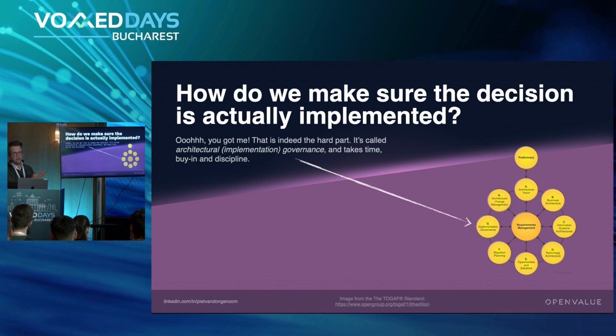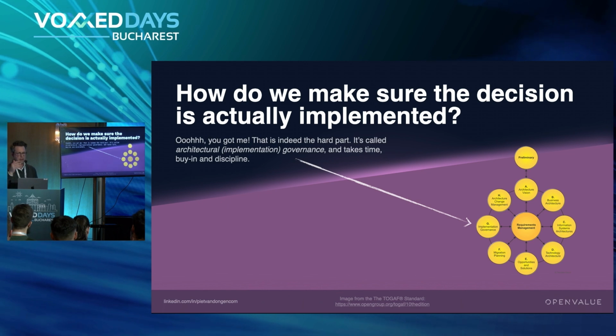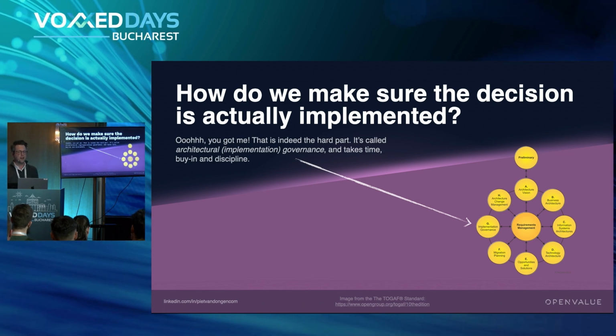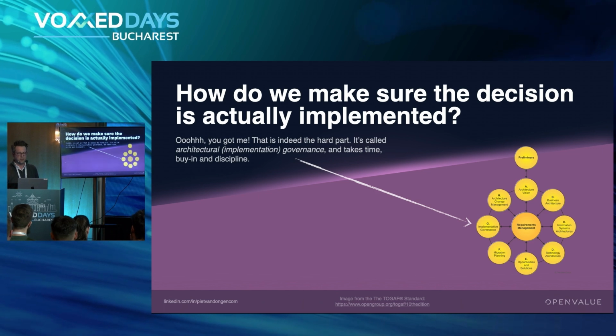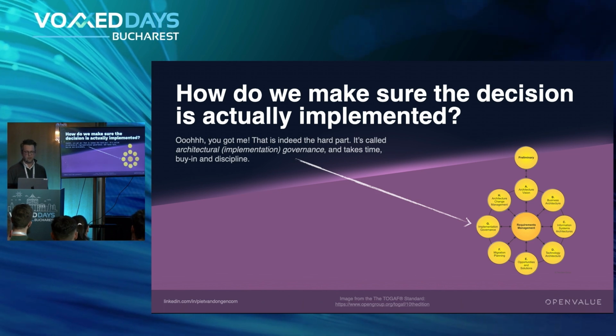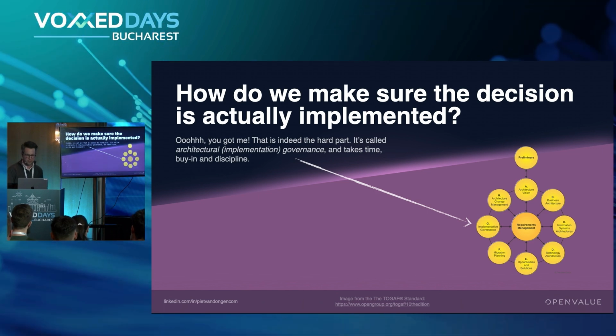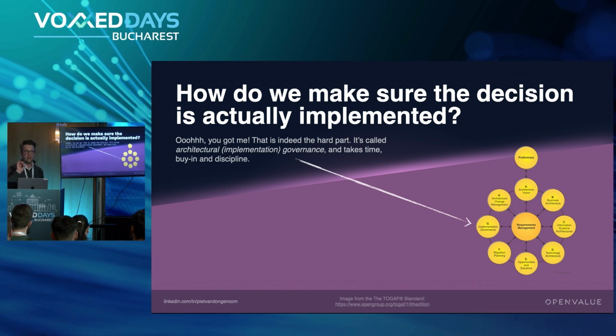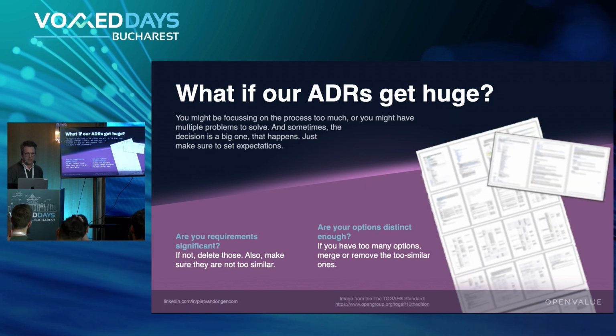I do know in the TOGAF enterprise architecture model, there's something called implementation governance. You should ask an enterprise architect what that means. Yeah, you're not going to have a great time. People don't know this. This is really hard. It's just project management, basically. So at least get the stakeholder involved that can help you implement your decision.